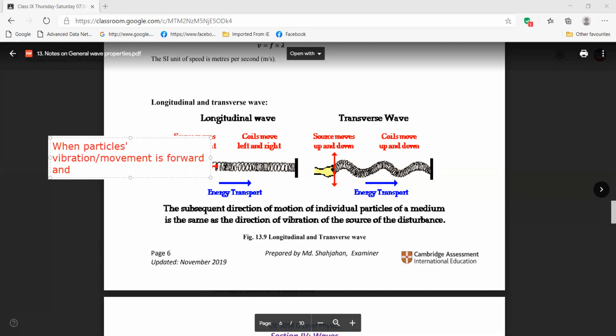So I will also write coil moves left and right. This one, no, nothing, only draw coil, label the arrows and energy transport. That's it. It is forward and backward we know, and the definition is also saying so, right? Forward and backward